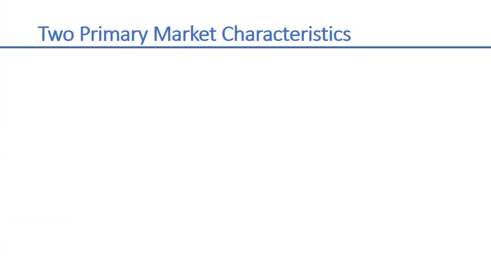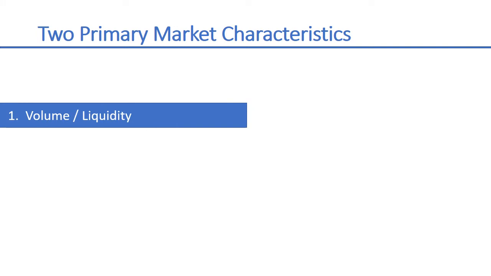We'll look at the time-of-day tendencies for two primary market characteristics. First is volume. Volume is an indicator of liquidity. The higher the volume of a futures contract, the easier it is to buy and sell with narrow bid-offer spreads, creating less slippage. High-volume markets are also less prone to wild price swings.